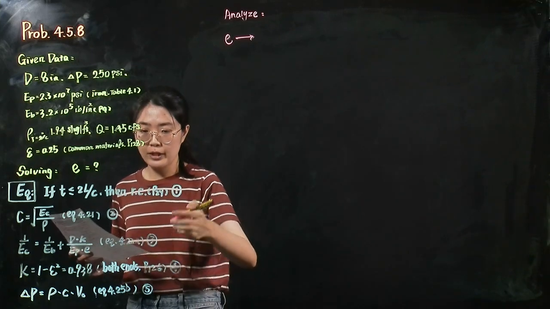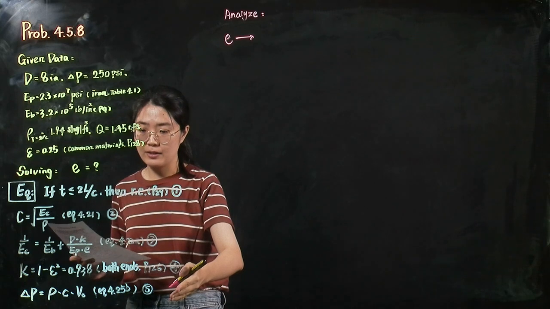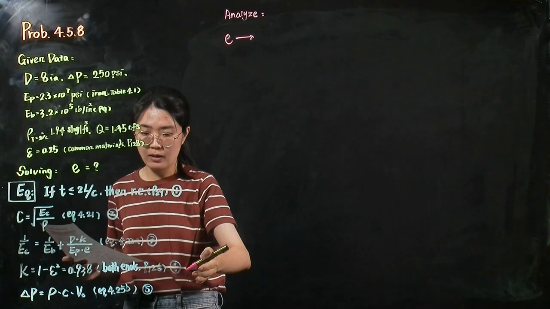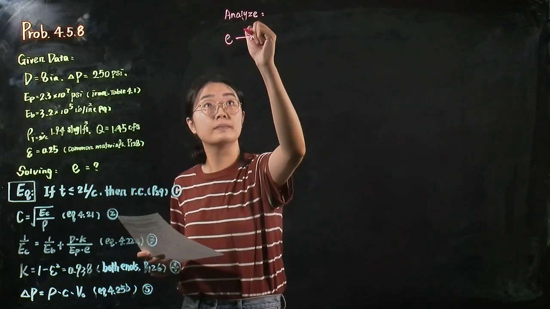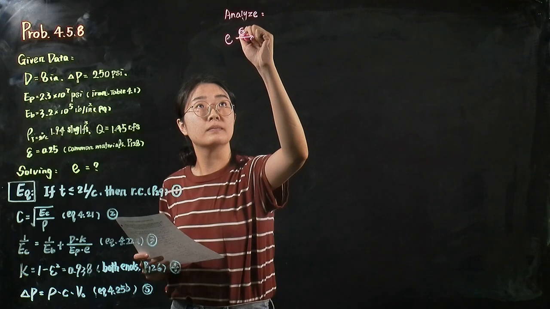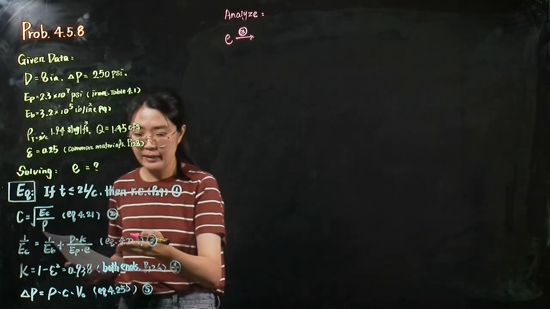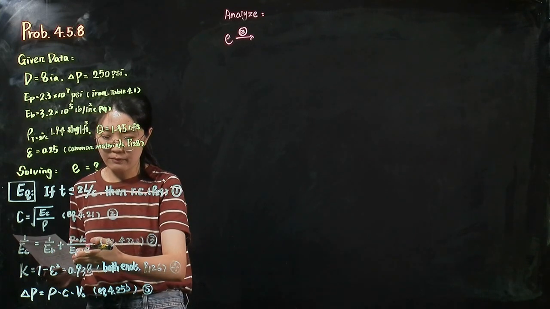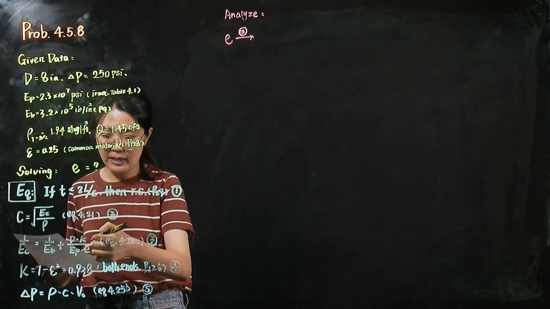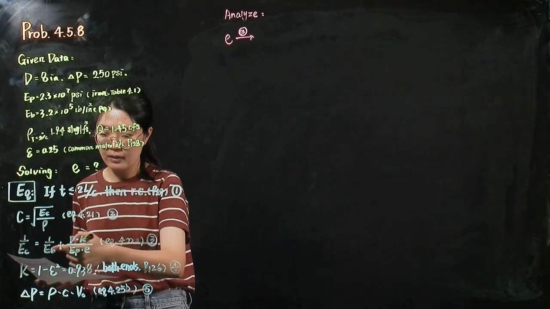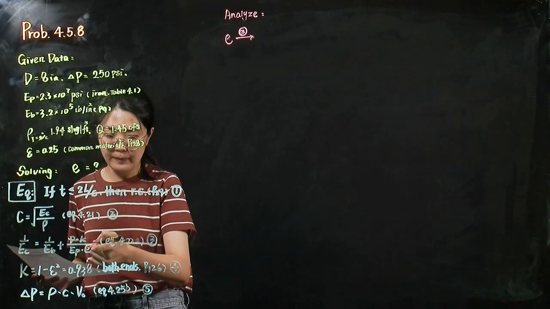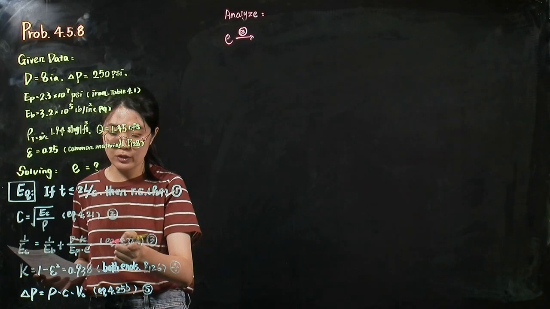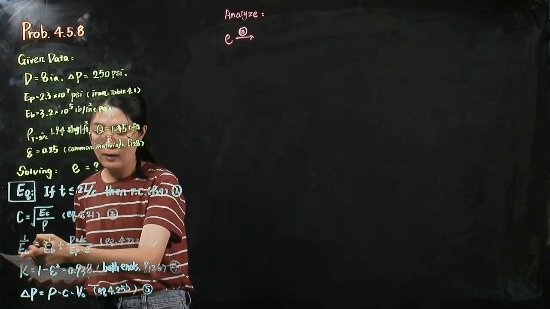If we go through the equation listed here, we can find that the thickness can only be found in equation 3. Let's take a look at equation 3. The elasticity of the water, elasticity of the pipe, the diameter and the constant K are all given. Therefore, by using this equation, we need to calculate the thickness E,